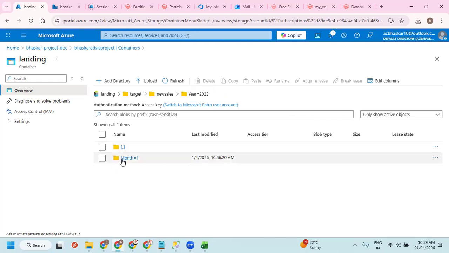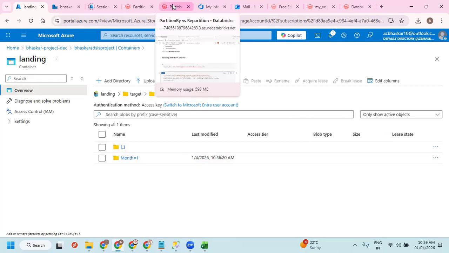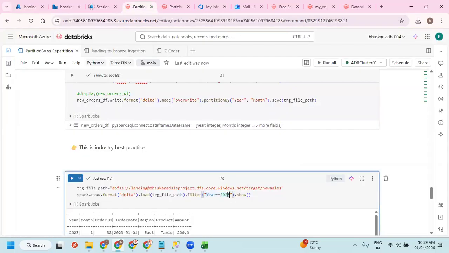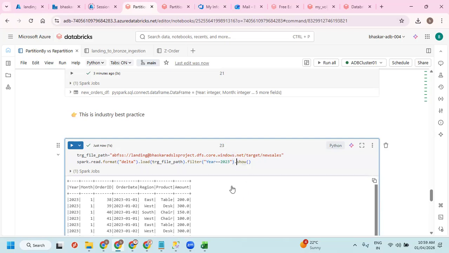Now, if I have one more filter condition here, just imagine, and month equals to 01 or 1.